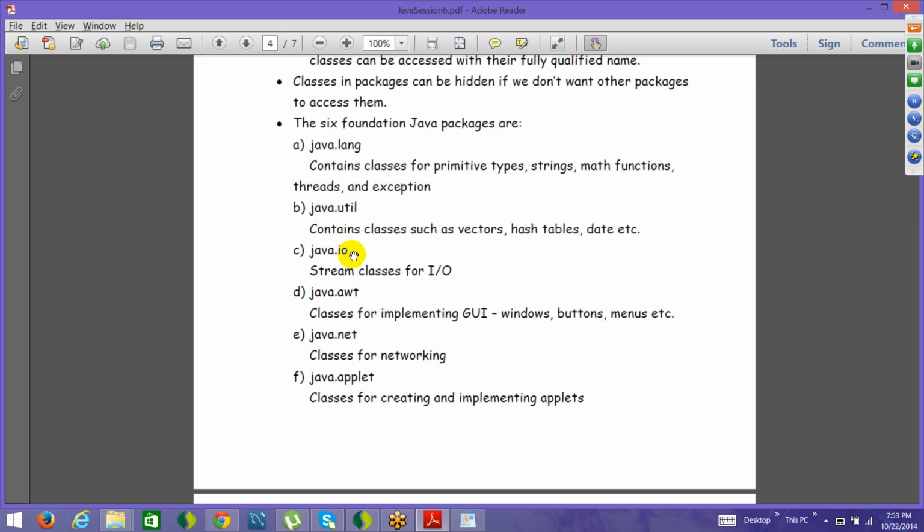java.io is another package which has all the classes related to input output. So whenever you think that you have to read and write data somewhere, and not in the database, because in databases you have a lot of abstractions. At the last it is only input output, but that is not visible to you. But in general, if you want to write a program to read a particular file and read the contents of it and print it out on the UI, then the classes which you will mostly use